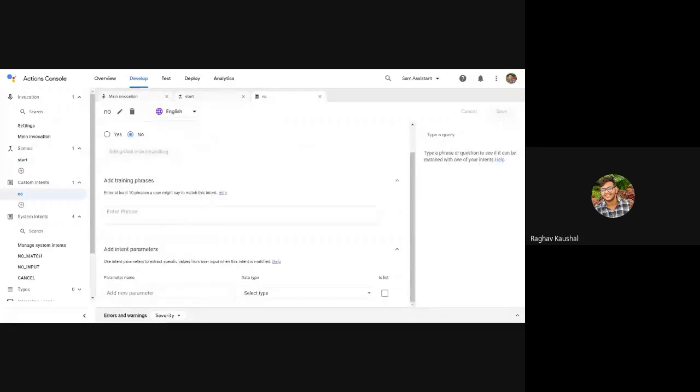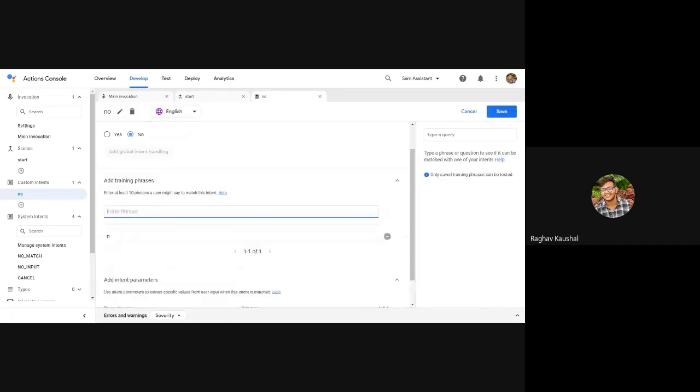Next is adding training phrases. This is where you add variations to your assistant. Training phrases are what a user can say when he wants to say no. Obviously people on phone prefer single-word chat-type things. So: n, no, nope, nah, tell me more, I don't want to, I don't.